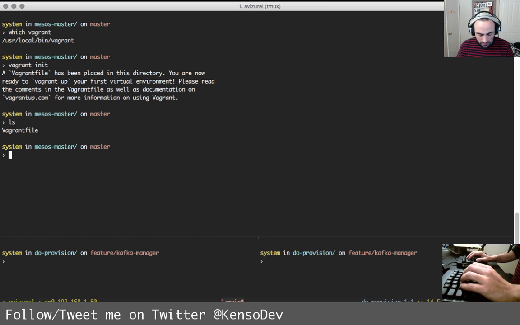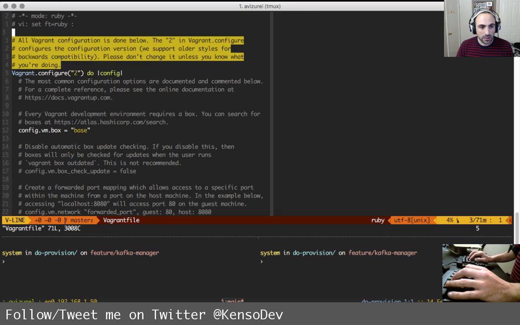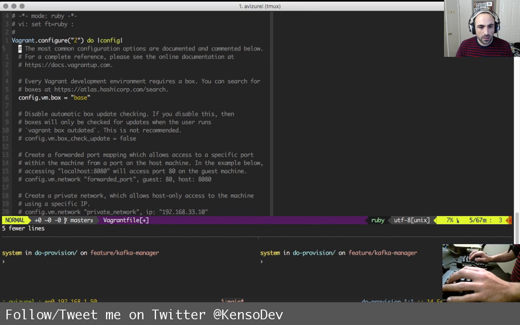All right, so yeah, we have vagrant init, and we have a Vagrantfile here, and I don't really need this. Every Vagrant environment requires a box. You can search for boxes. All right, so let's go ahead and search for the box.